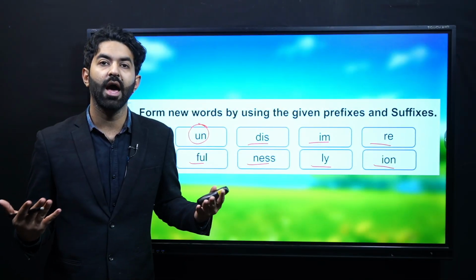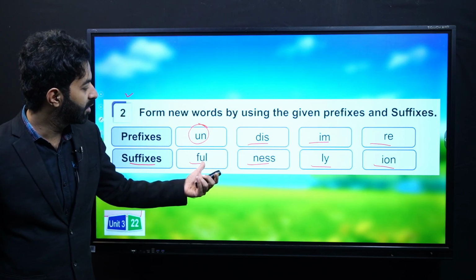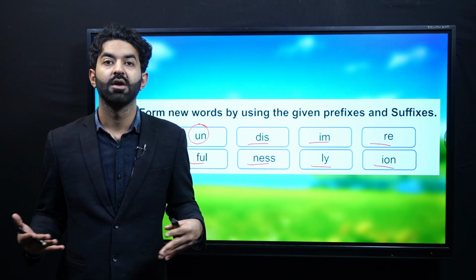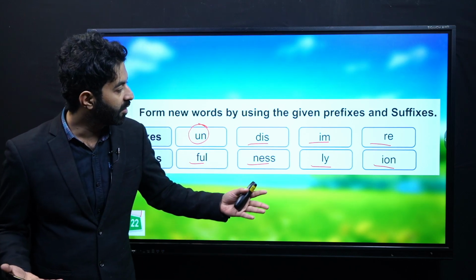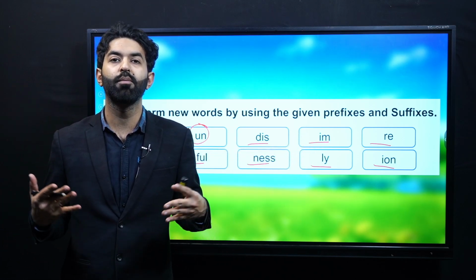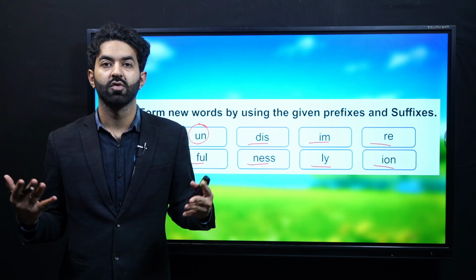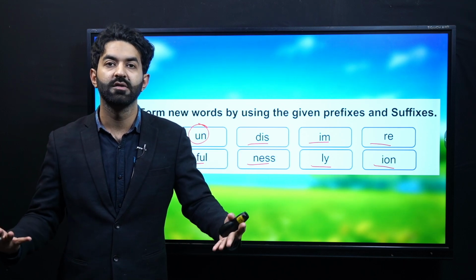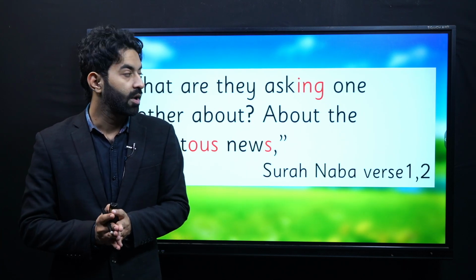Unfaithful, unkind. We can make words with full, like the word beautiful, graceful. We can make words with I am: impatient, impossible. So we can make a lot of words using these prefixes and suffixes. Okay, now